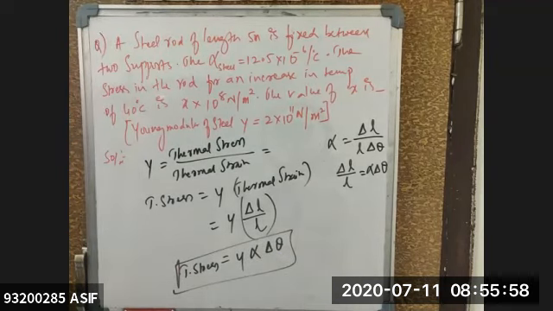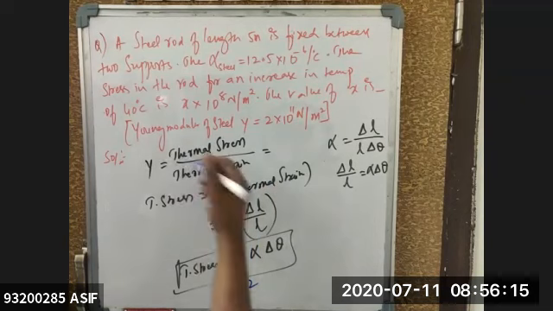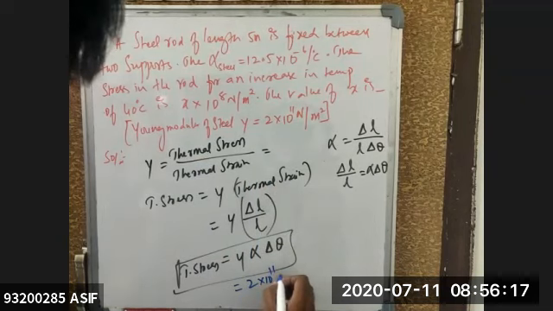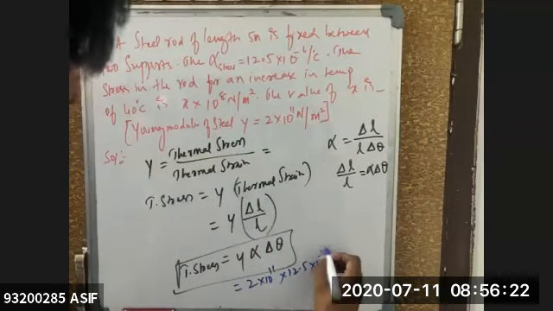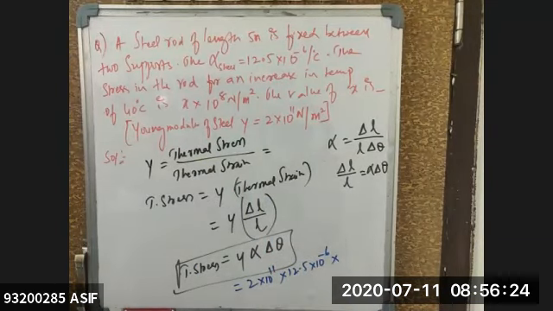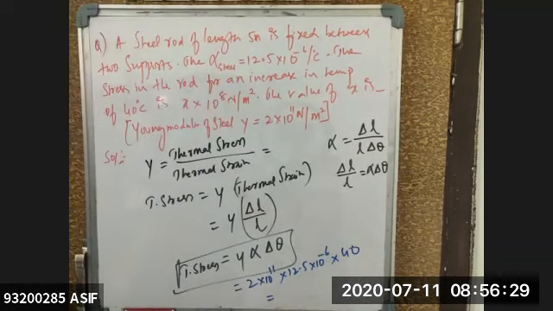Substitute the values and see how much I'm getting for the answer. Y is given, alpha is given, and temperature is also given. How much is the temperature given? 40. Young's modulus of the steel, 2 into 10 to the power of 11, into alpha of the steel, 12.5 into 10 to the power of minus 6, into temperature difference delta theta. Delta theta is nothing but 40. So into 40. That will give me the answer. See what will be the value of your x.